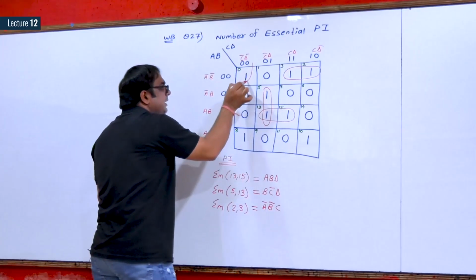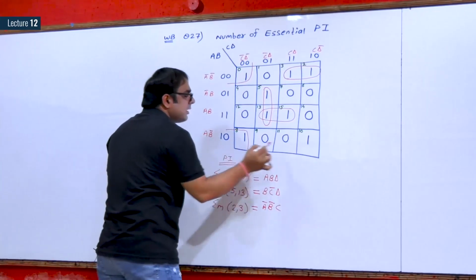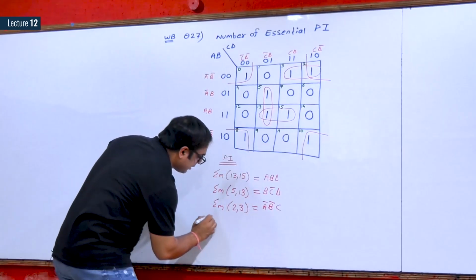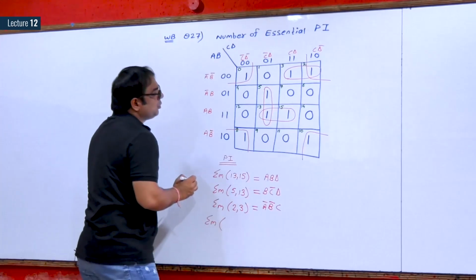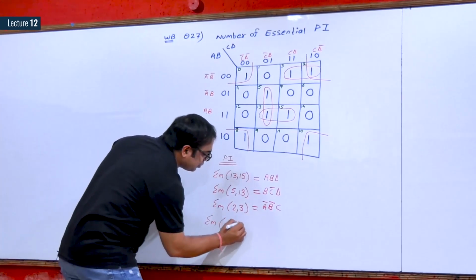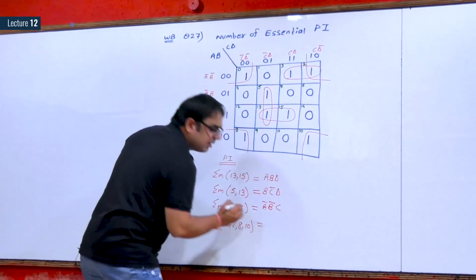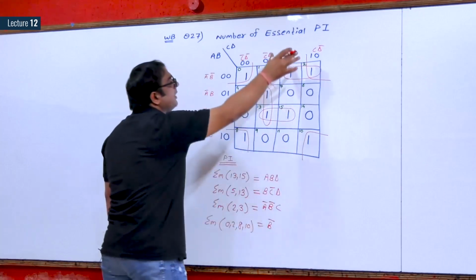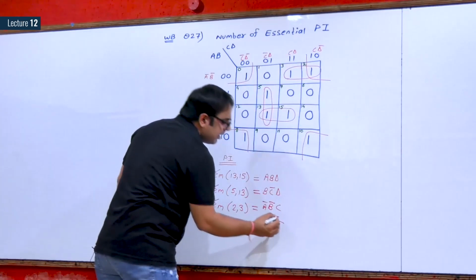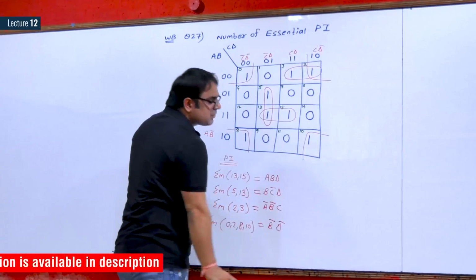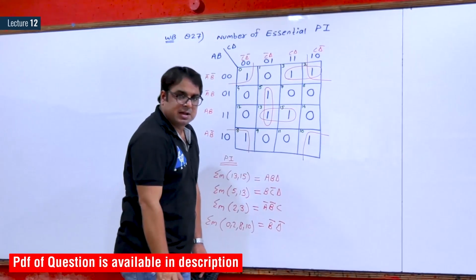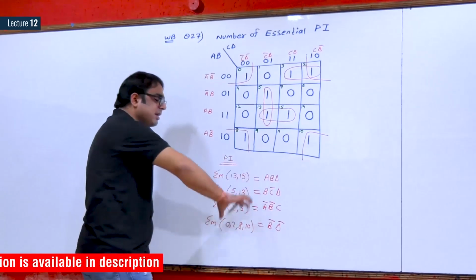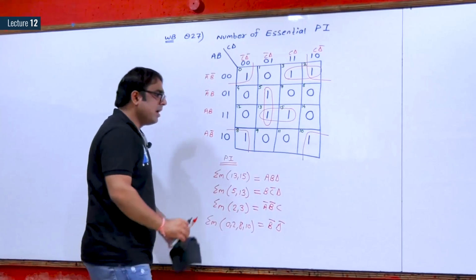Now there is a possibility of a corner quad. There is a possibility of this corner quad. So minterms 0, 2, 8, 10. Now from here B complement is common and from here D complement is common. See, writing these terms was obviously not compulsory, but to have more confidence, I am discussing all these things with you.